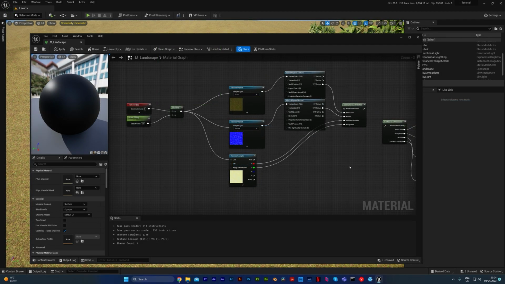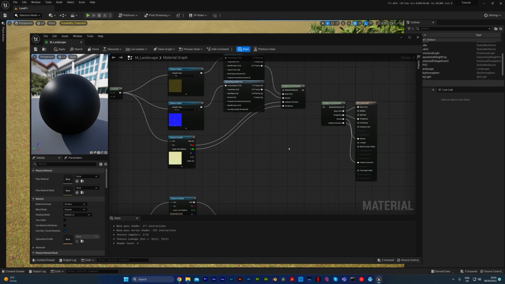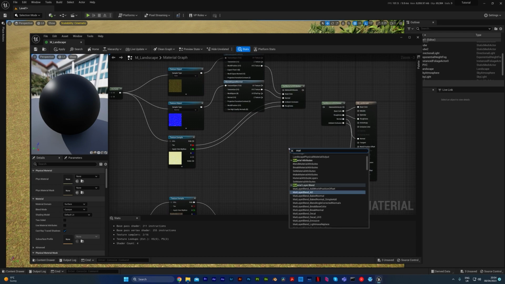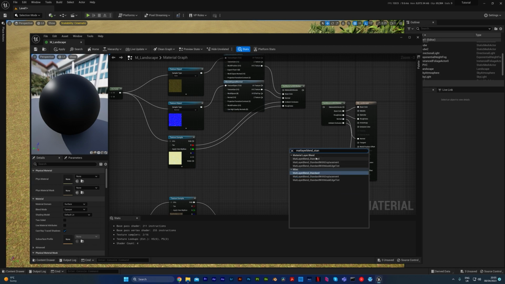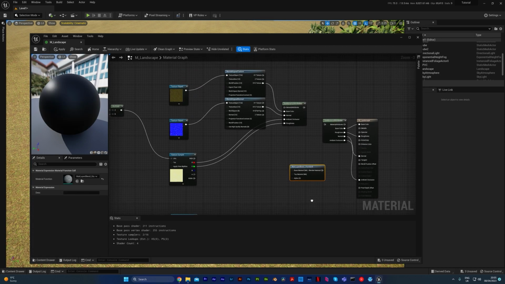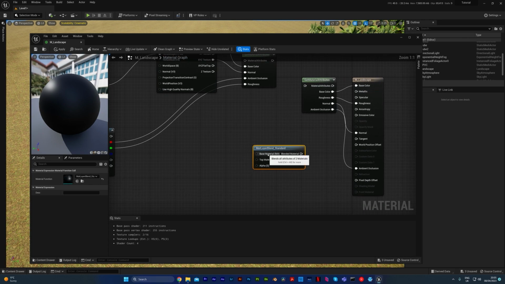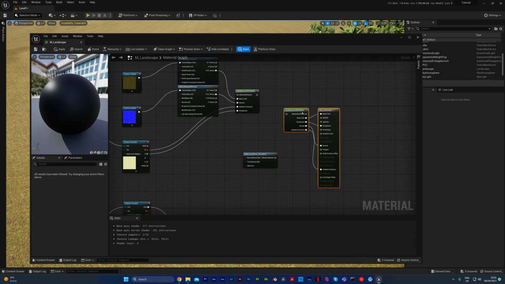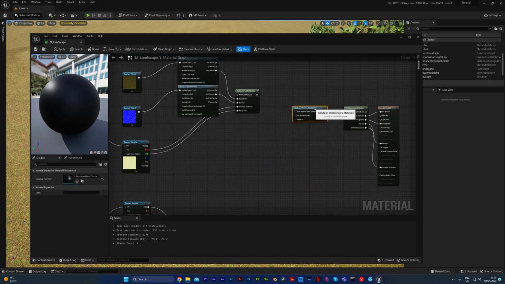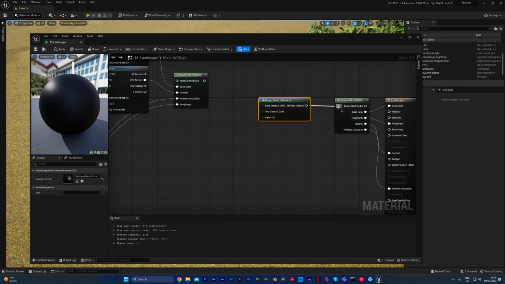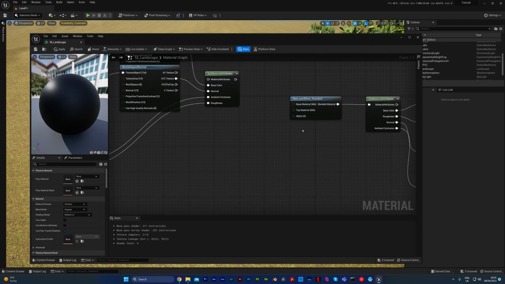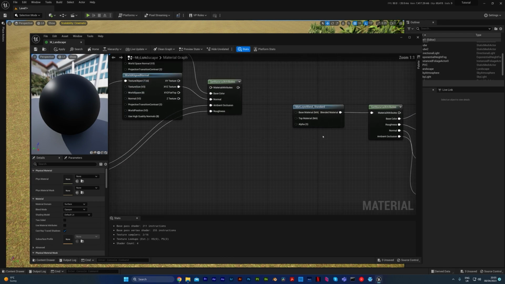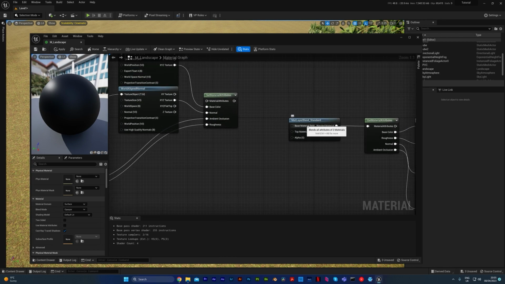So what we're going to do now is add in the node that is going to combine these together, and that is called a matte layer blend underscore standard. So we want matte layer blend underscore standard, and you get this little blue node here which has 3 inputs and 1 output, and we actually can plug the 1 output into this node here, the get material attributes node. Okay, and so what this does here is it combines 2 materials together, a top and a base material,